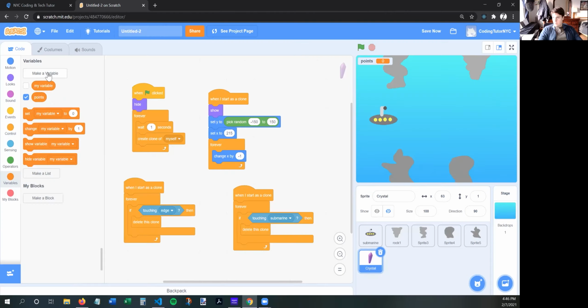So I went to variables. I clicked make a variable. You can see there's one variable already there called my variable, which you could use, but it's better to give your variables actual names. So I gave it a variable called points. Alrighty. And once I create a variable called points, I can do this,